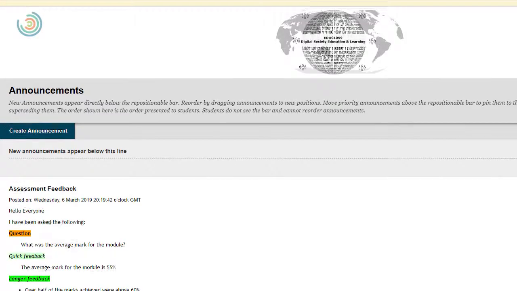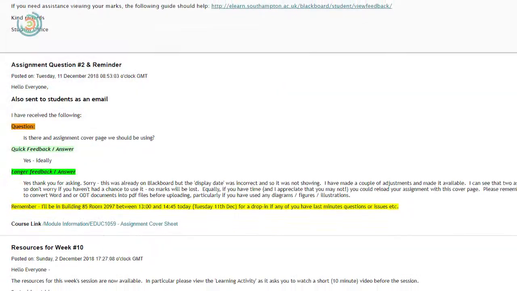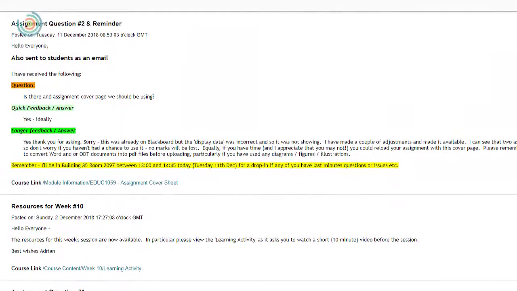I see it not just as a document store, although it does store a lot of documents, but I do see it also as a communications hub. And the students are aware of how I like to work with that, so that if one of them has a question, I will tend to feed back to the whole group via the announcement and an email to all students. And in this way, they get consistent responses and there's less likelihood for any misunderstandings to take place.